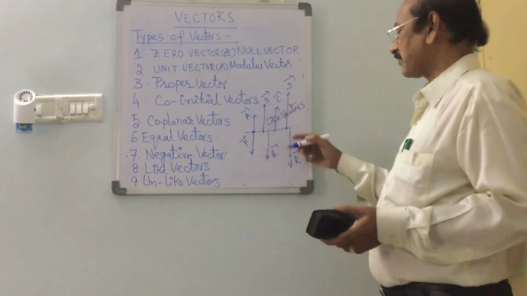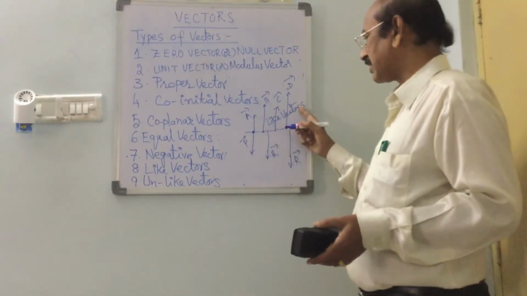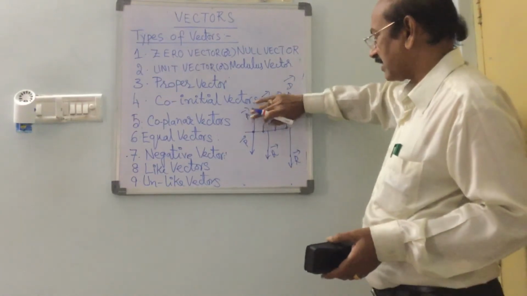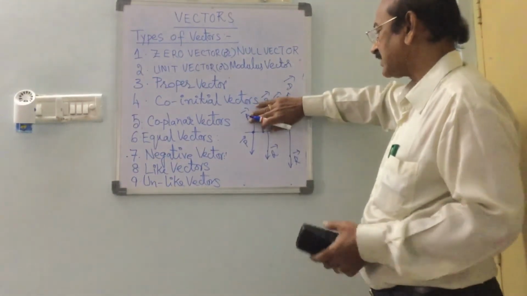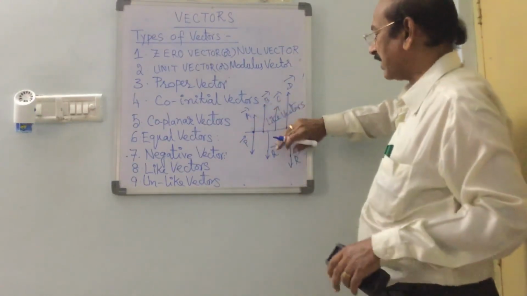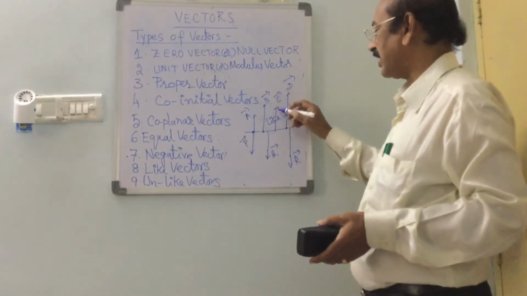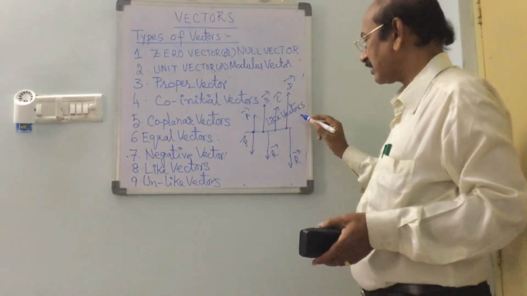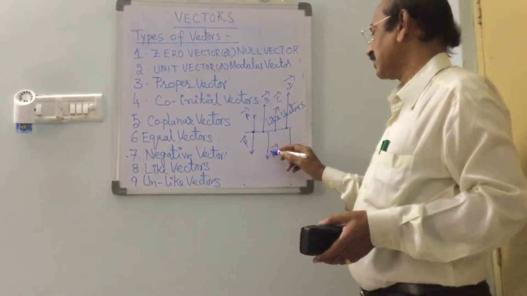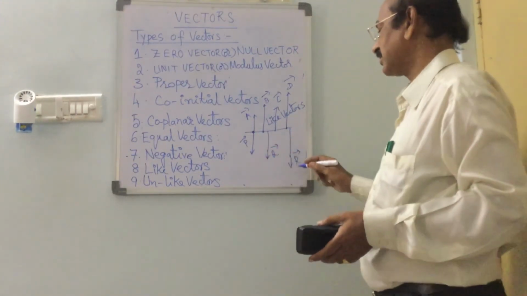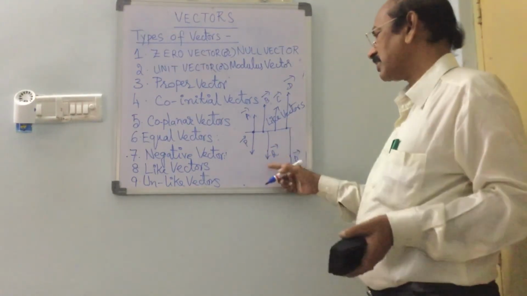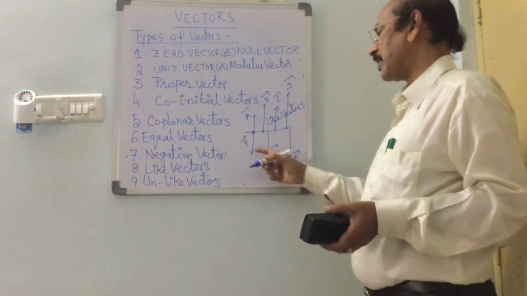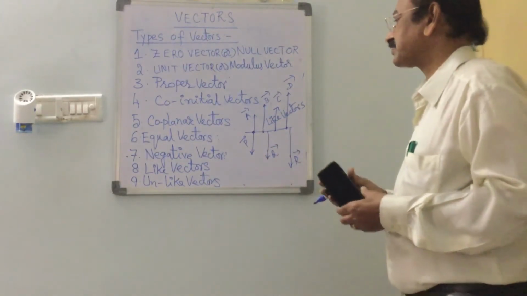A, B, C, D, one group, they are like vectors. And p bar, q bar and r bar are also like vectors among themselves. But when we compare with upward direction vectors A, B, C, D bar group, then the group of p, q, r bar, as their direction is vertically down, they are called the group of unlike vectors.